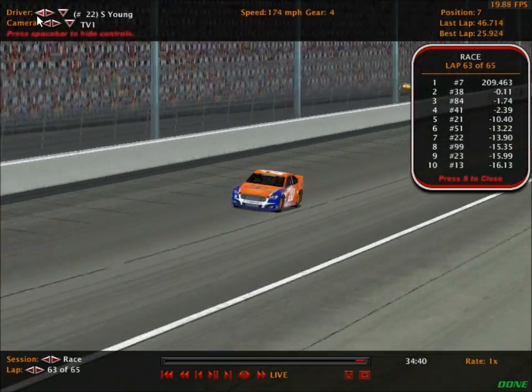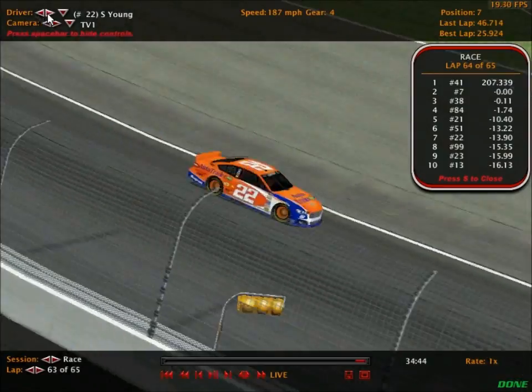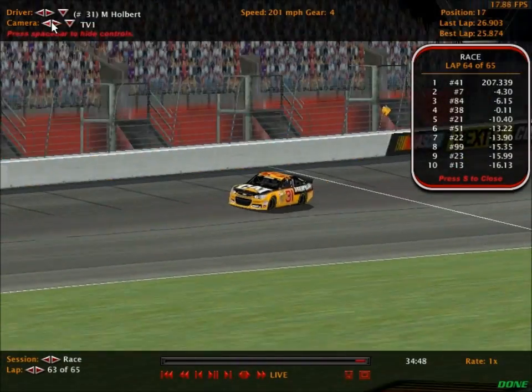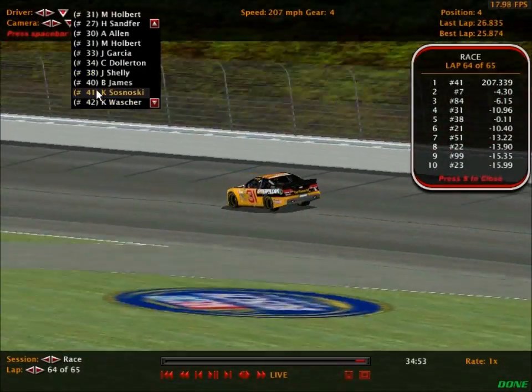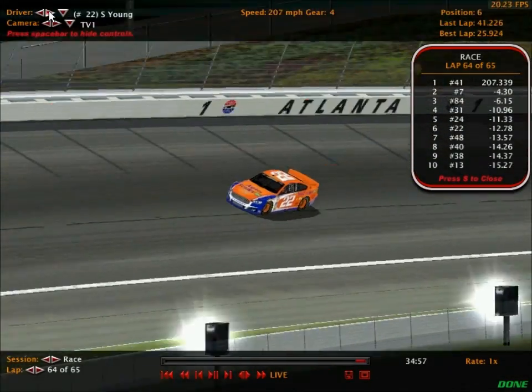Halbert right now, holding that position. Sam Young in third there. Can Halbert hold off to pick up a win here at Atlanta? Now they're saying the 41 has the lead, but he's on pit road. It's down to Halbert